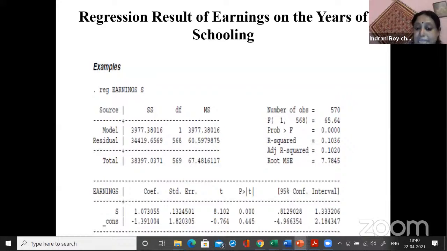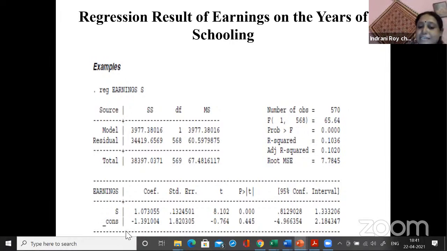But what about this constant? This one is minus 0.764, which is less than 2 in absolute value. So you cannot reject the null hypothesis here. So although the years of schooling is significant, this constant term is non-significant. And it happens in cross-sectional data, especially when you do the bivariate analysis, because you have failed to incorporate many of the relevant variables which explain the earnings of the individuals, and that actually distorts the result.